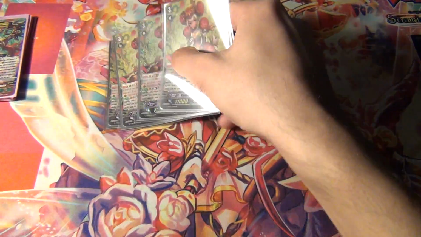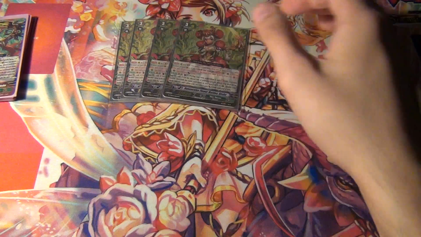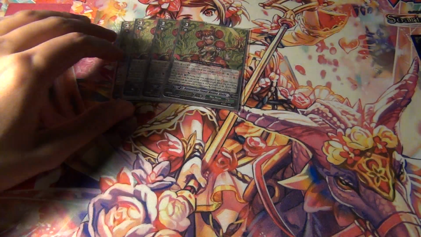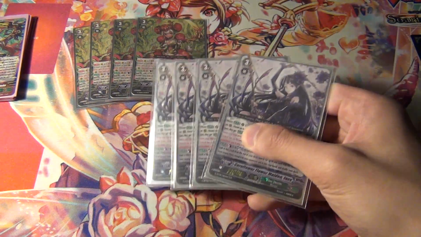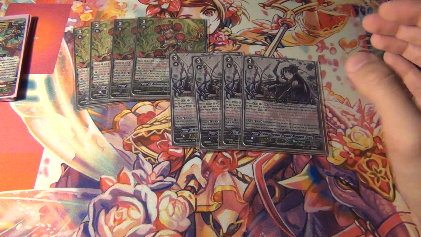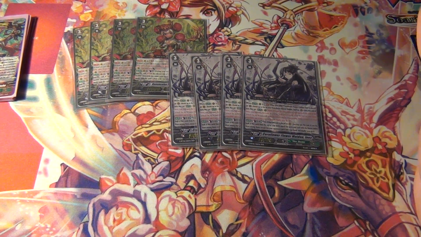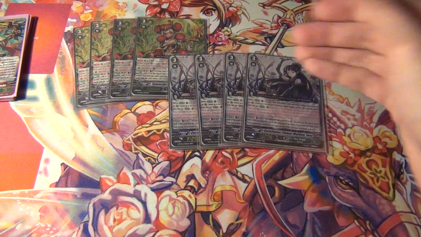Start off with Ranunculus Flower Maiden Ahsha. She's still the main Vanguard of the deck that you want to ride as a main Vanguard. The new backup Vanguard replacing Maiden of Flower Pistol is Flower Maiden Inez. I replaced the other girl with Inez, because Inez has Bloom for one thing,